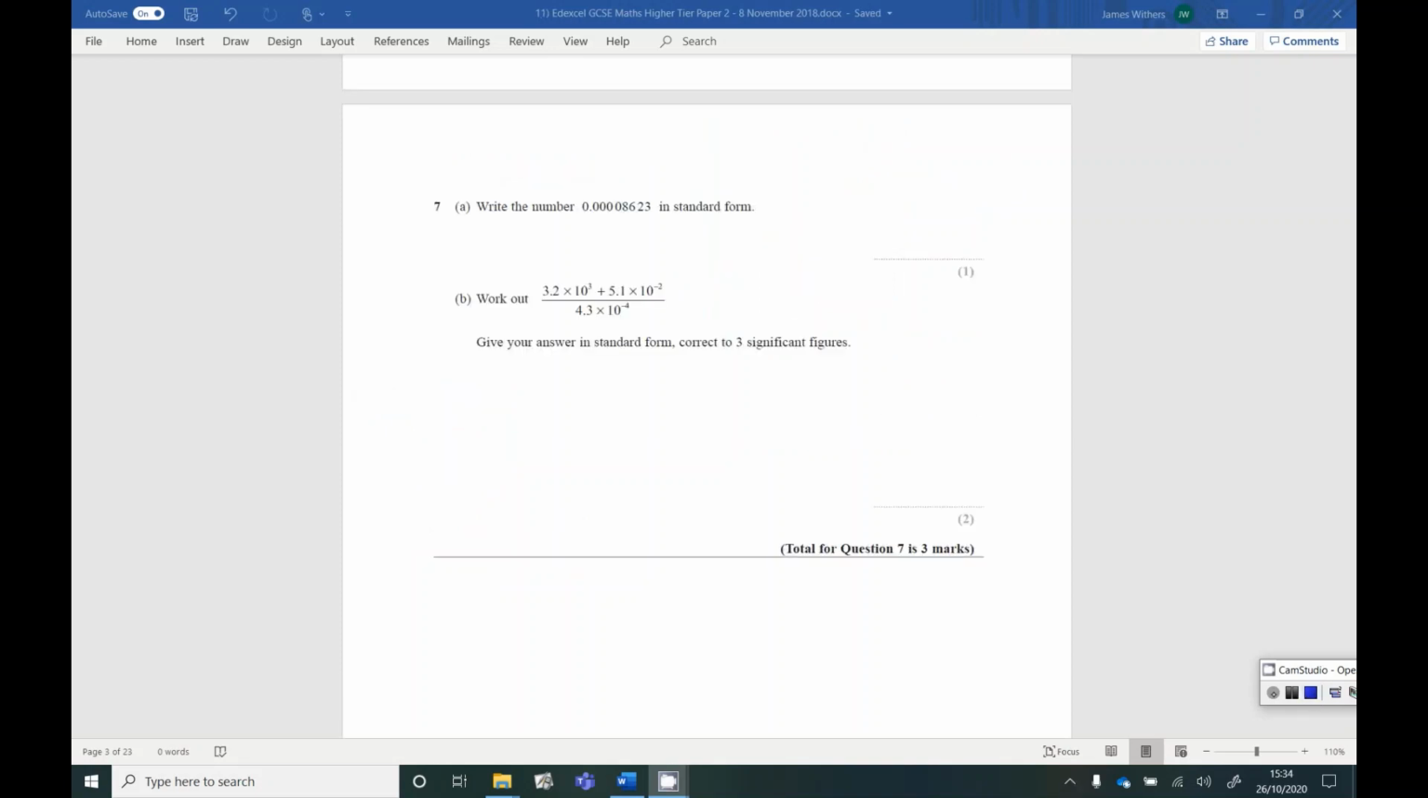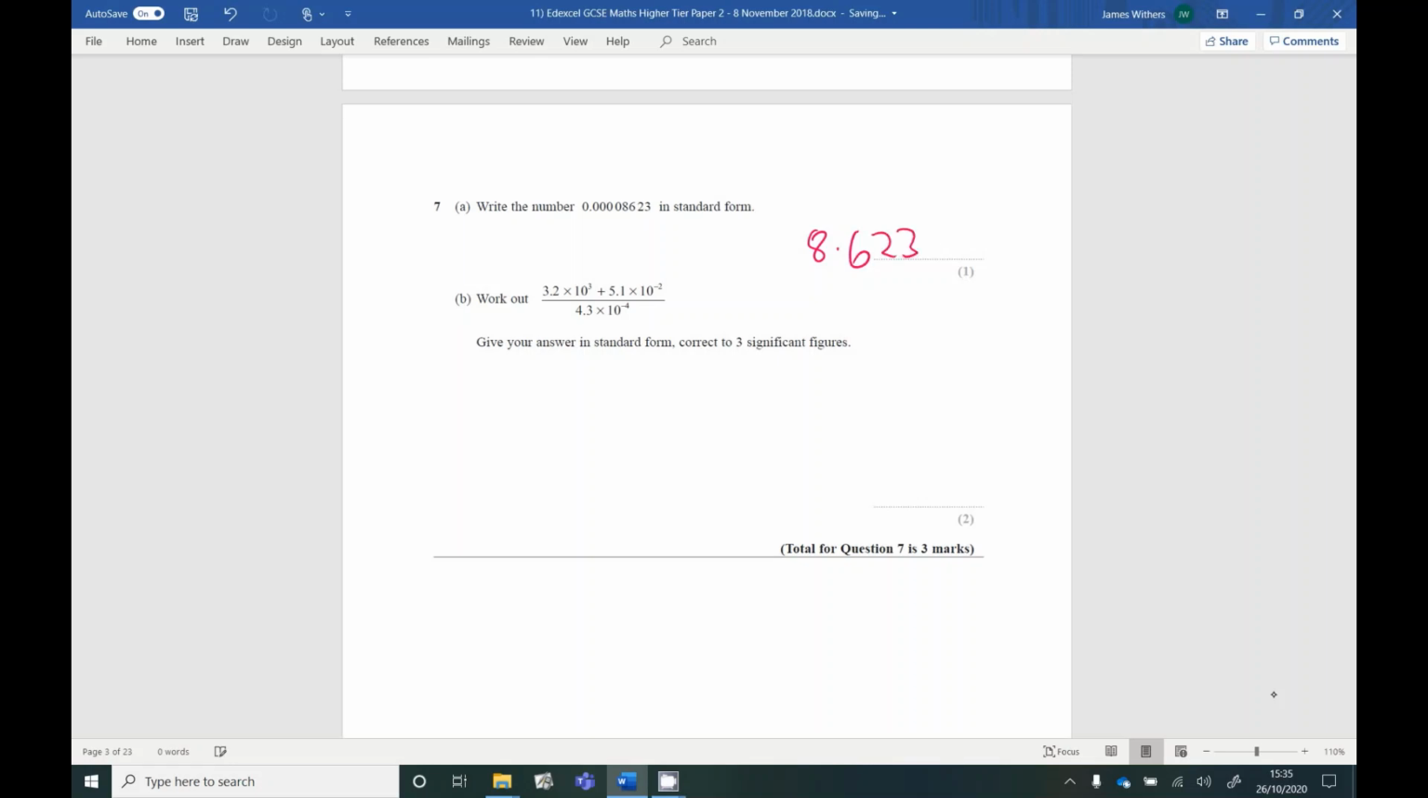So question 7, you might well just be able to pop this into your calculator and press equals and use the standard form information, but let's just double check you would be able to do this if it was on a non-calculator paper. So first rule of standard form, the first number must be between 1 and 10, so where would you put the decimal point to get it between 1 and 10? It would be between the 8 and the 6,